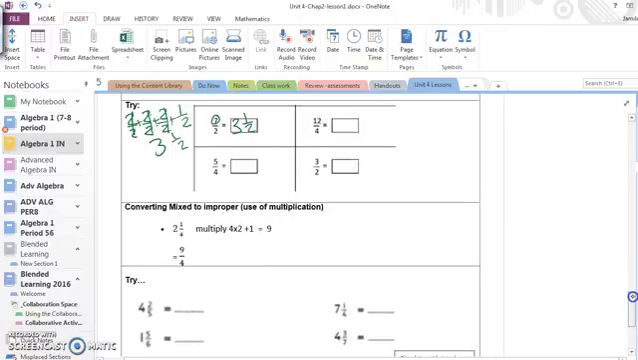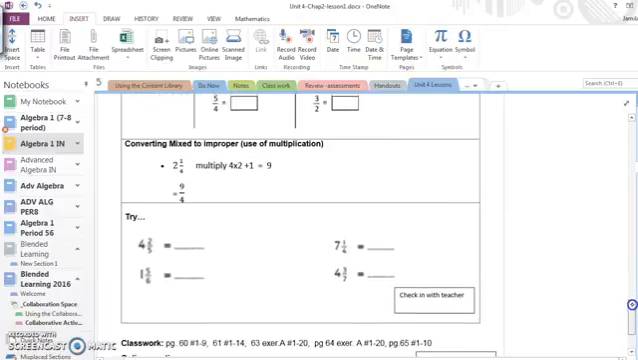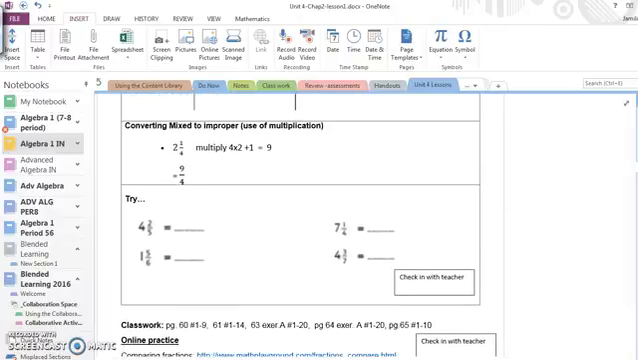Now let's scroll down and let's look at how to take a mixed number and convert it into an improper fraction. So the steps here, if you recall, we take the denominator, multiply it to the whole number. So 4 times 2, which is 8, and then we add